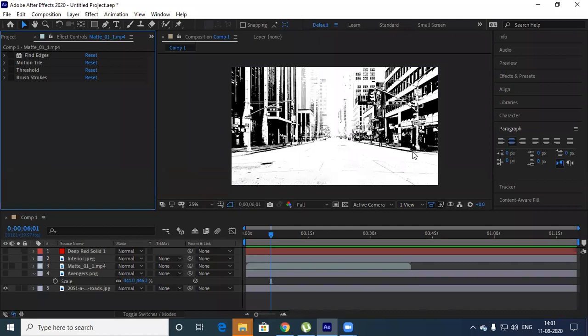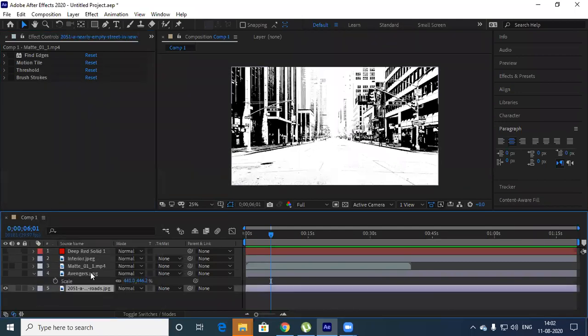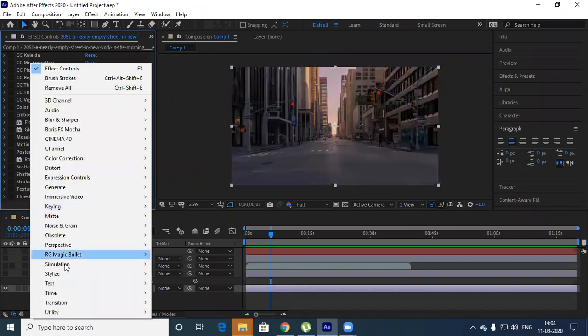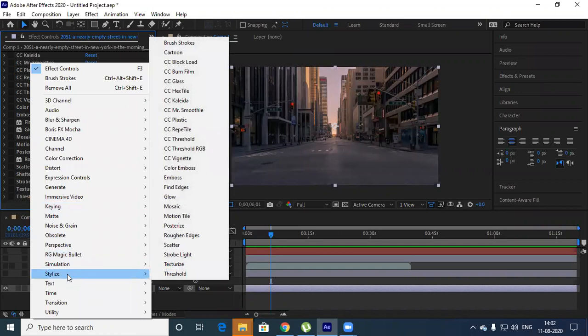Okay, that's another effect. Threshold. So under stylize, we have covered everything.